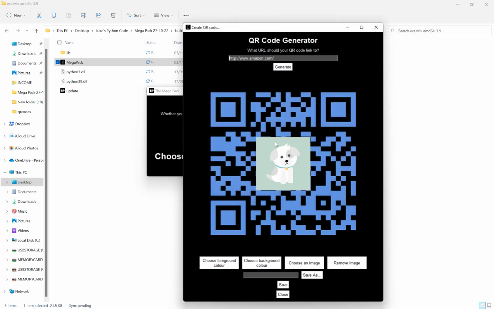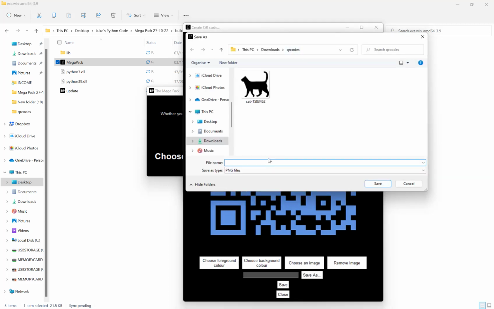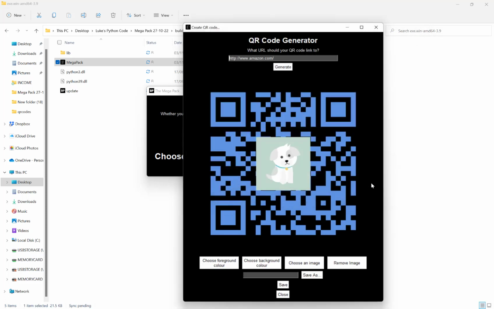And then once you're happy with your QR code, hit save as here. And then type in QR code 1. And you can save as a PNG or JPEG. Hit save, and then save again here. And now that's saved. And then you can keep doing this with multiple different